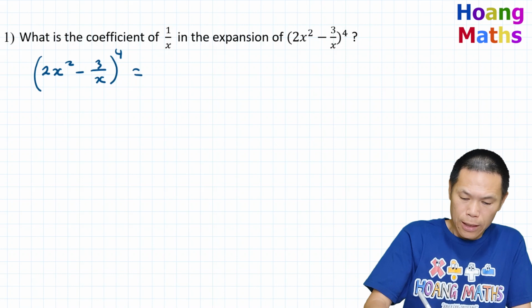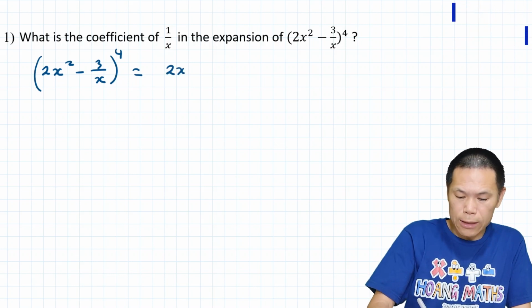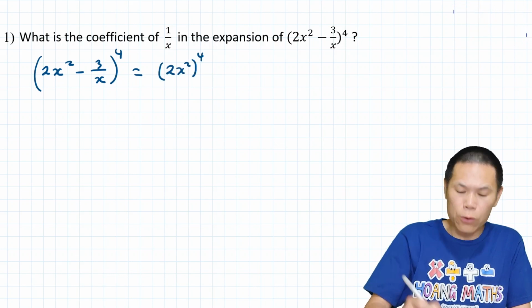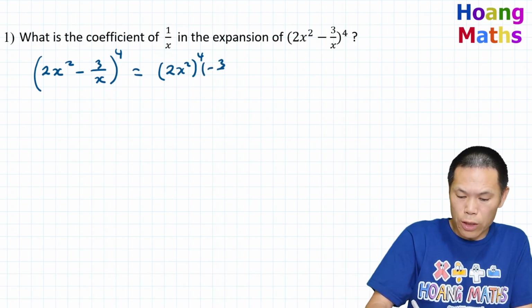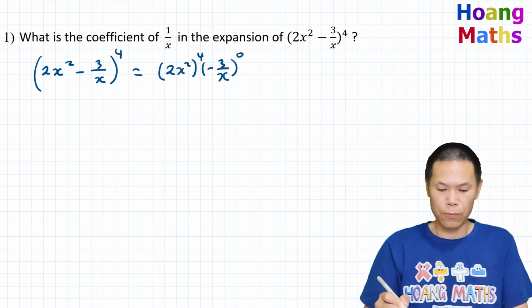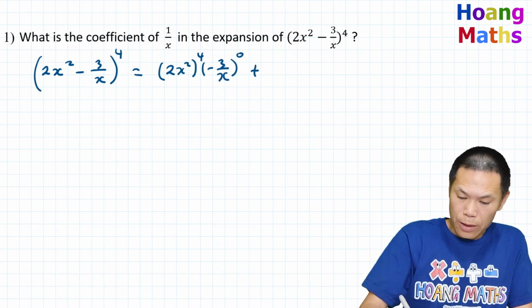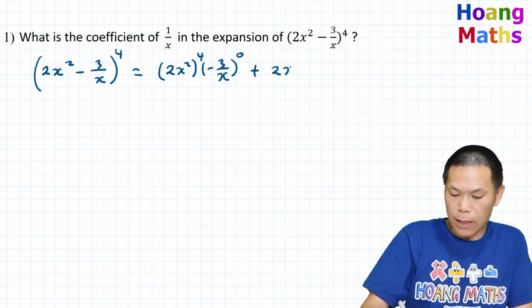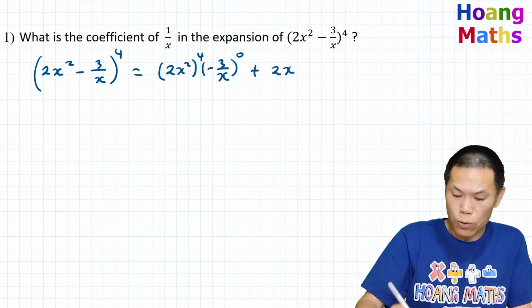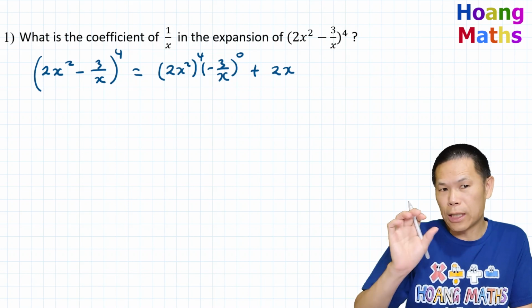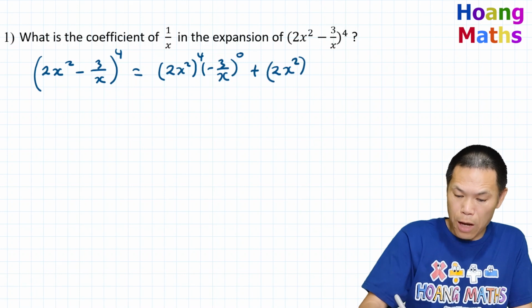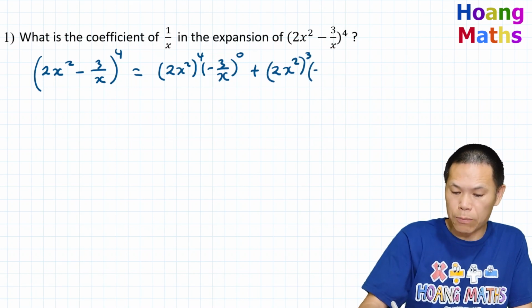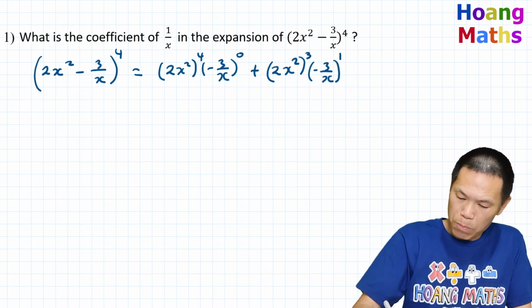So now this gives me 2x squared with power 4, we're starting off with that term, and then we times negative 3 over x power 0. And then we add, decreasing the index for 2x squared, power 3, and we start increasing the negative 3 over x. So now that becomes power 1. And then we plus